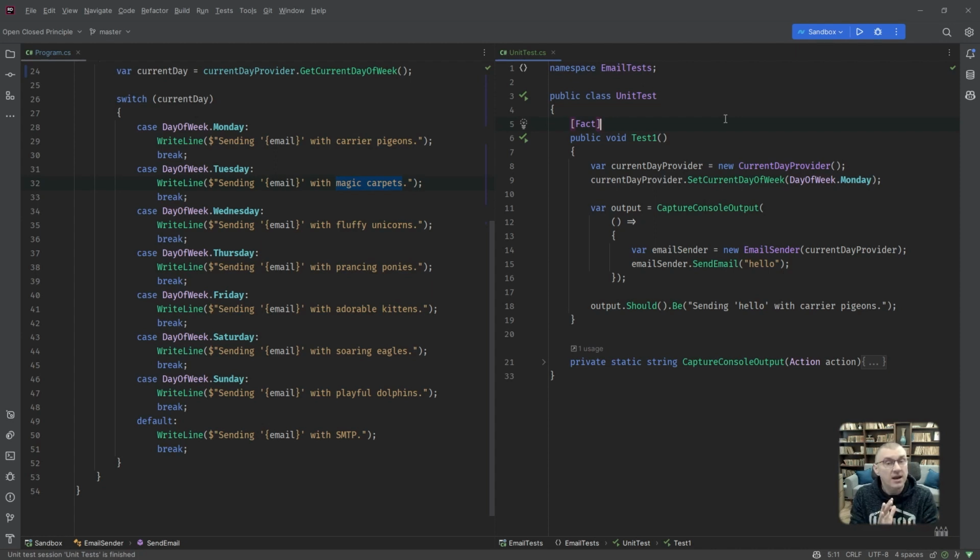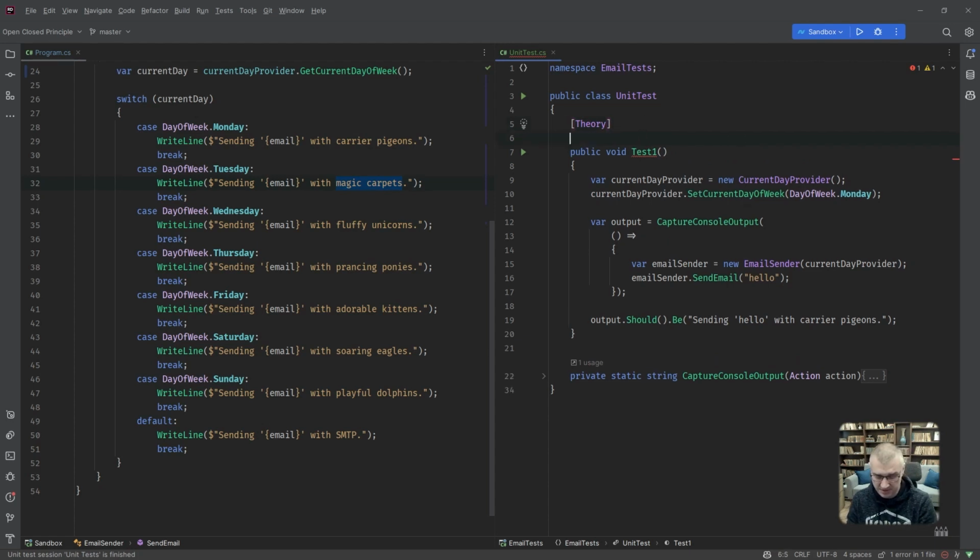On the other hand, it allows us to write something called a theory, into which we're able to inject at test time multiple, let's call it data points, and run the same test with different inputs and expecting different outputs without having to write the extra code? Allow me to demonstrate. So the first thing we have to do is turn this fact into a theory. Well, don't read too much into the must have test data. Yes. Just a second, Mr. XUnit.